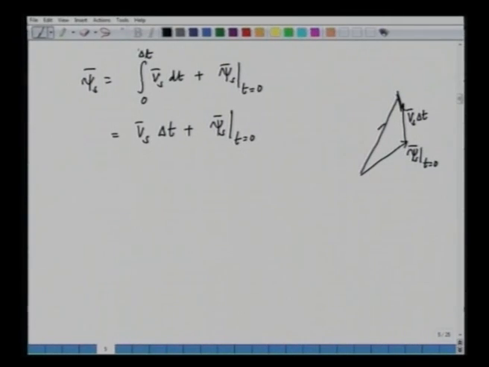This resultant is psi s. So, this is our vector triangle: on one side we have psi s at t equal to 0, the other side is Vs into delta t,